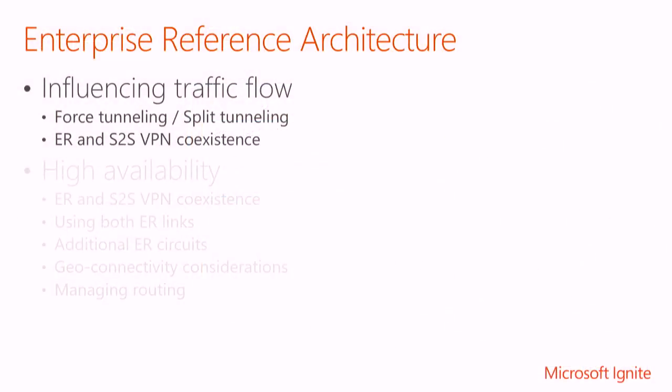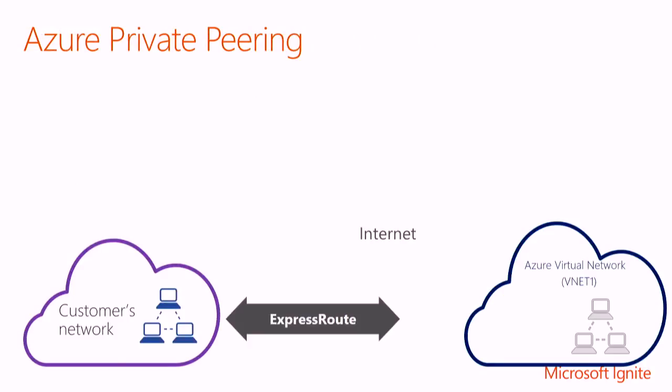All right. Then we talked briefly about force tunneling and split tunneling. That's a common term, even from the VPN client scenario, where people will say, do I want a VPN client with force tunnel or split tunnel? It's the same concept. How do I do all these kinds of things? So any time you have cross-premise connectivity, what do I send through that connectivity?